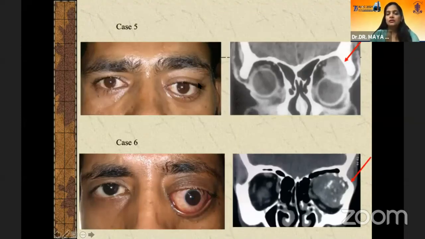Now, if you get a case of proptosis, which is abaxial in nature, and the mass is located in the lacrimal gland fossa, you have to look for some important signs, like if there is any tenderness or bony margin irregularity. If it is associated with signs of inflammation, tenderness, and irregularity of the bony ring, it is likely to be adenoid cystic carcinoma, or in the other case, it can be a pleomorphic adenoma in absence of all these